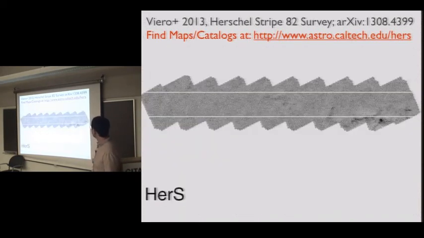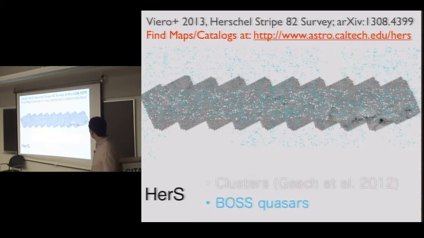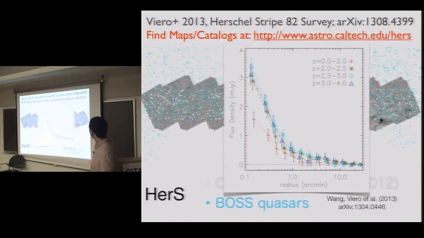This one I wanted to talk a little bit about because it's similar to some of the great work that Viero has done recently, cross-correlating clusters with ACT. He cross-correlated radio galaxies with ACT. This is something I kind of wanted to show you. This is stacking of quasars.